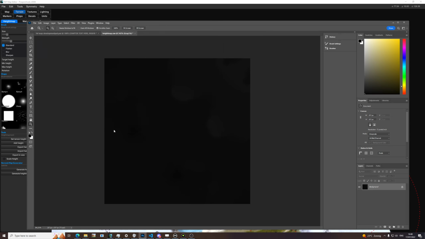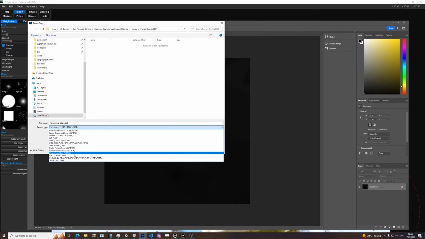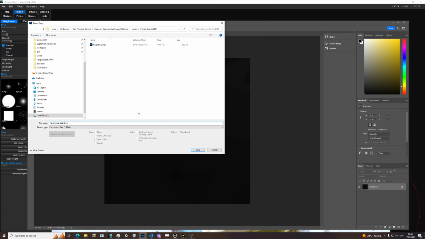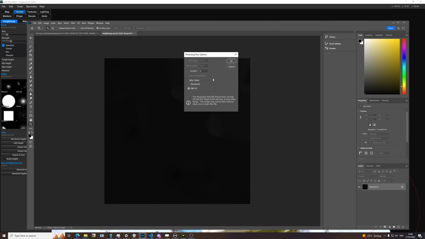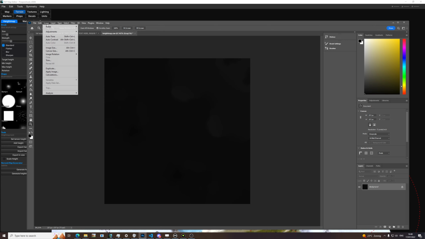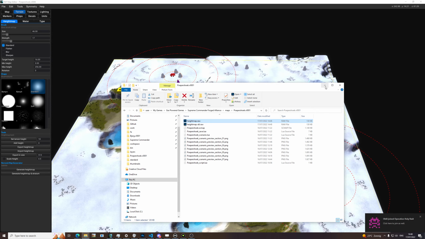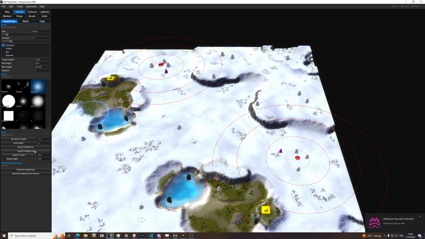Now we want to save it as a raw. Here we go, and then we have the height map -alt. And again, IBM PC. Now in case you want to make a height map from scratch, grayscale 16 bits per channel. And now if we would import our edited height map,